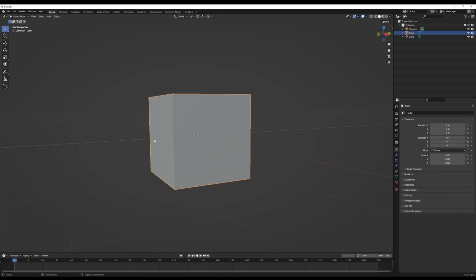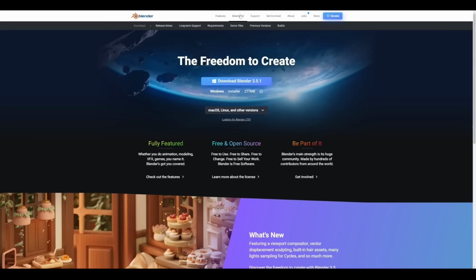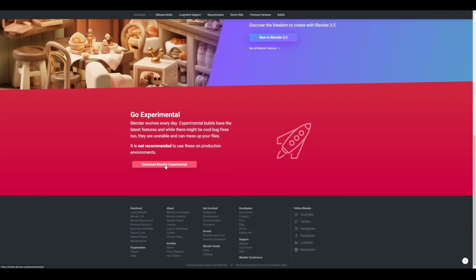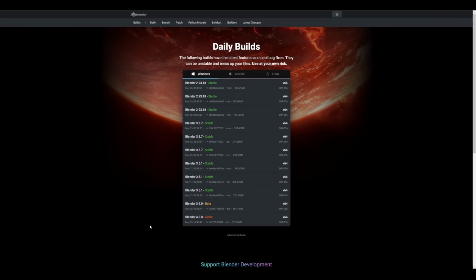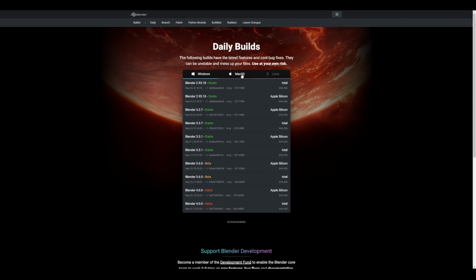And for those who like to get this, all you need to do is go over to blender.org, click on download, scroll all the way down, go over to download experimental, and you would notice that we have Blender 4.0 the Alpha. This is across all platforms,